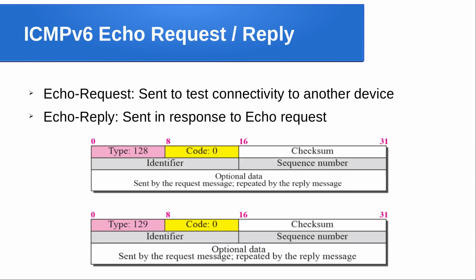Just like ICMP version 4, here also you can see this number. We saw that the second half of the 256 combinations is given for information messages. So type 128 is for the echo request and 129 for the echo reply. Other fields: because there is no further splitting, code is set to 0, then there is the checksum, identifier, sequence number, etc., and optional data. What is in the request message is simply repeated in the reply message, so that the sender will understand that this reply is for this particular request.